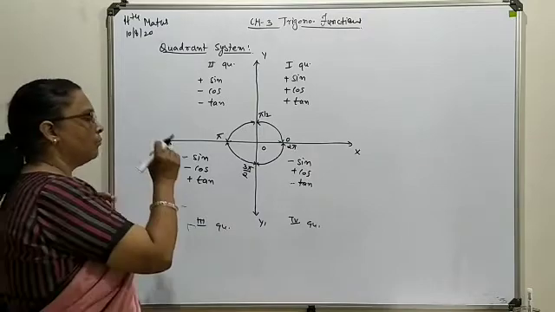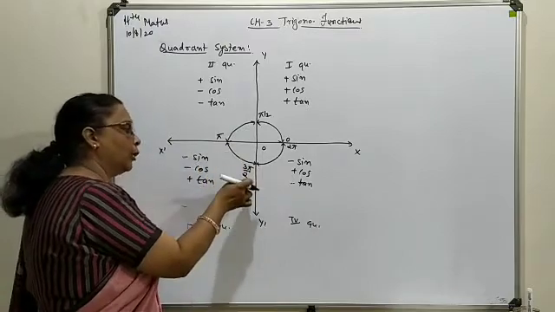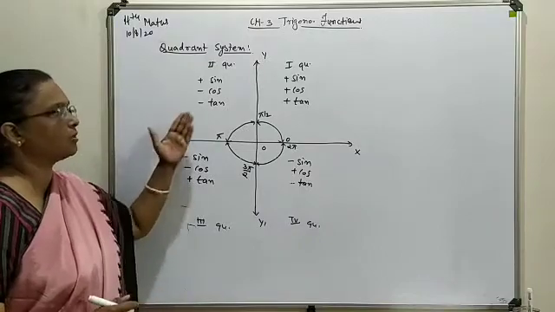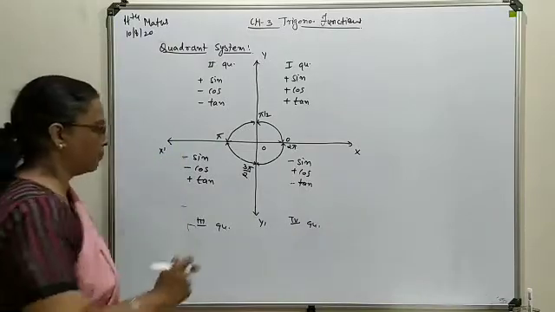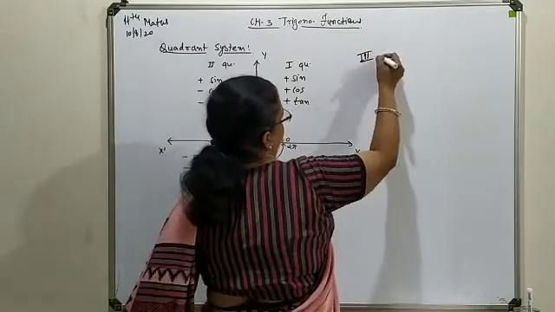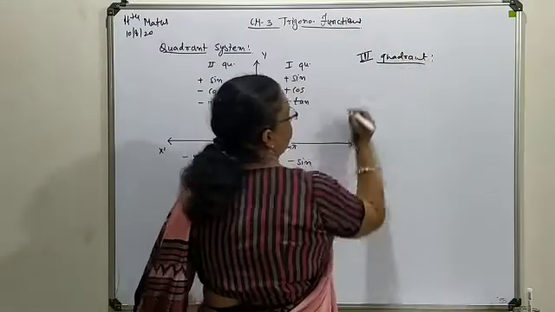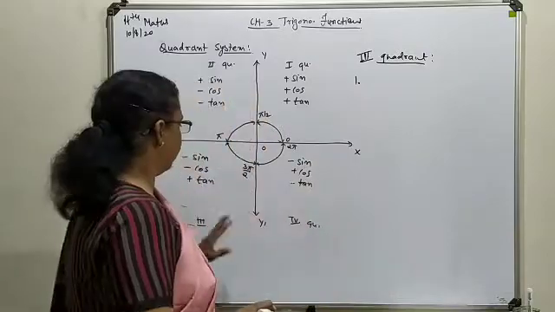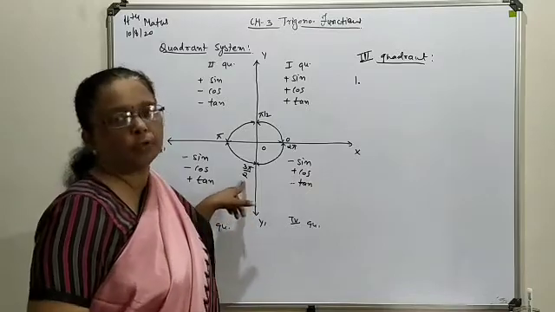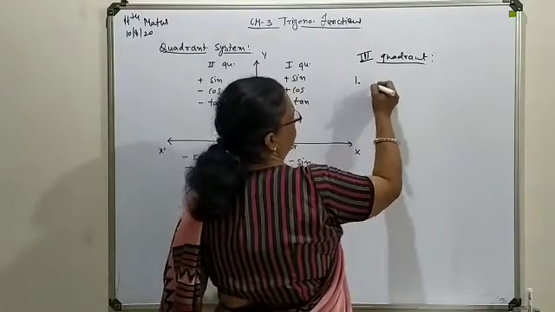Here you can see whatever angle you are going to write, it will be either 180 plus or 270 minus. The first two I have already covered, so today I am not going to discuss these two in detail. You know how to represent it. So let's start with the third quadrant, because we have written only the standard form. In the third quadrant, one way to represent the angle is 180 plus theta and the other way is 270 minus theta. So here we are going to take one example.